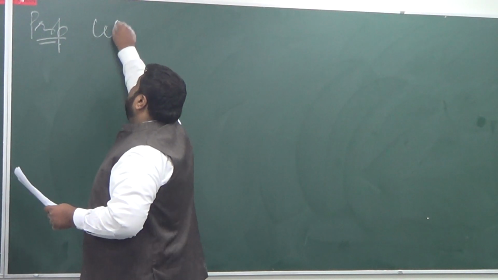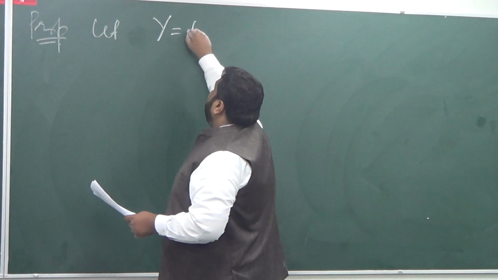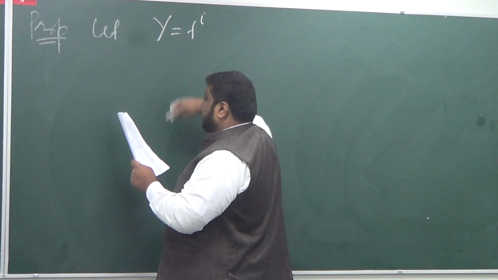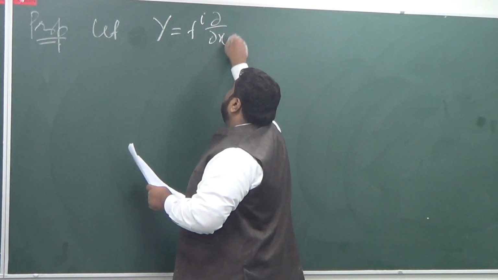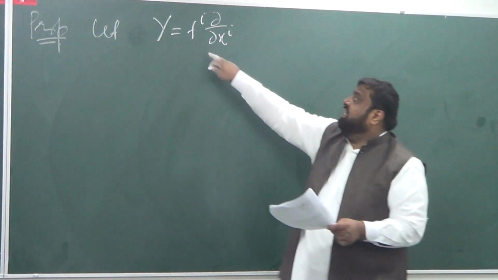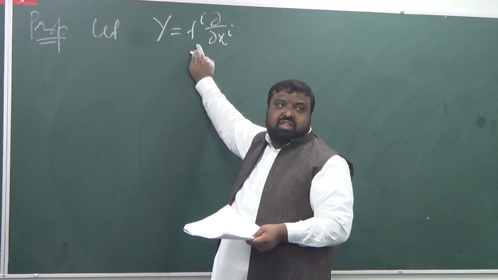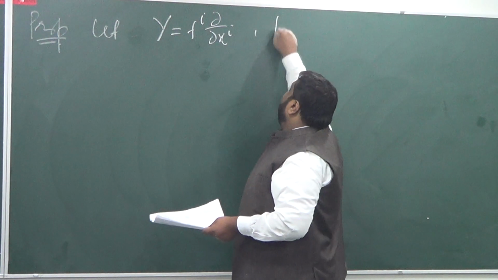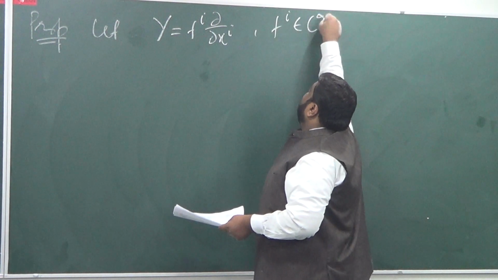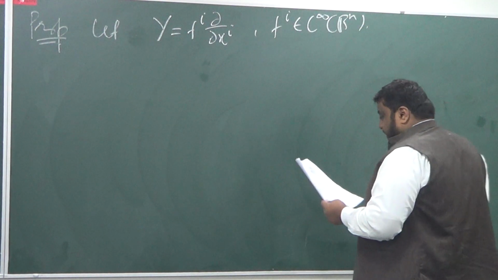It says that imagine I have a vector field Y whose components are fi partial by partial xi, where these fi's are smooth C infinity functions on Rn. So let Y be